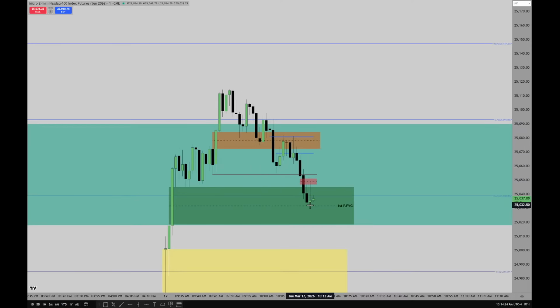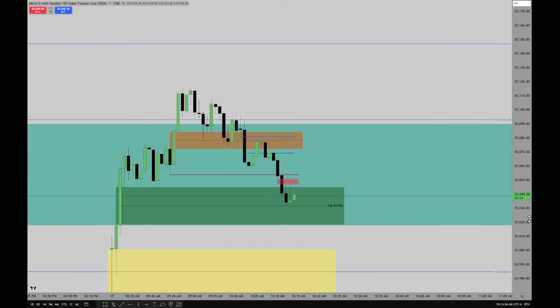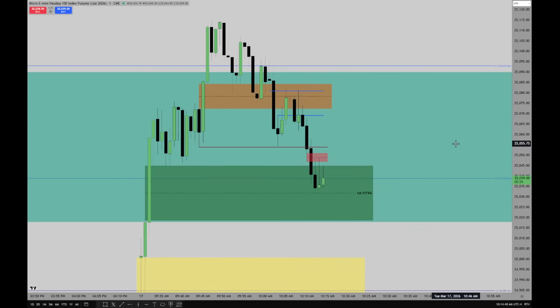So this little wick above that, knocking out that candlestick, that's permissible to do because it left this little gap here. Let me see if I can wind it. I hate playing around with this thing because it sometimes acts stupid, and then I wrestle with it to try to get it back and I can't. So we're at a crossroads now where we can measure its willingness to want to go higher or lower, because now we've entered into the upper half of that first presented fair value gap.